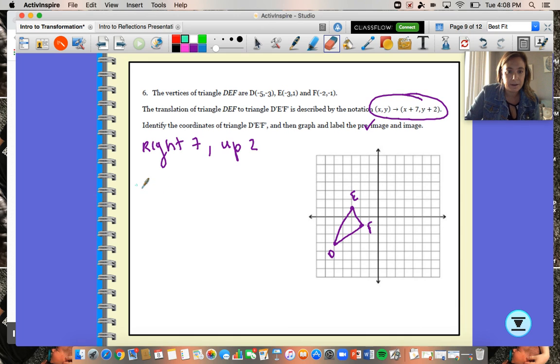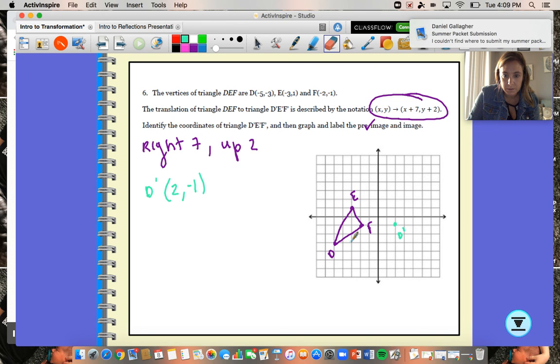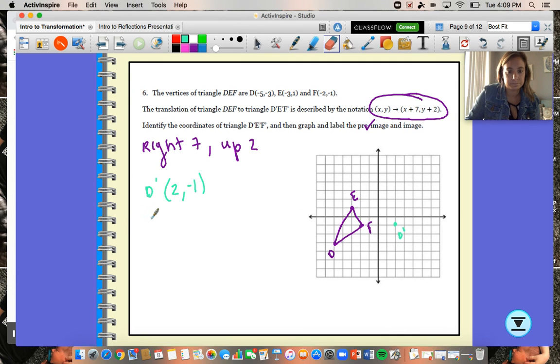You know what? Let's do this. D prime. If it goes right 7 and up 2, right 7 is going to be 2. Up 2, -1. So 2, -1. Is that D prime? 1, 2. 3, 4, 5, 6, 7. 1, 2. Yeah, that worked. So D prime, E prime,